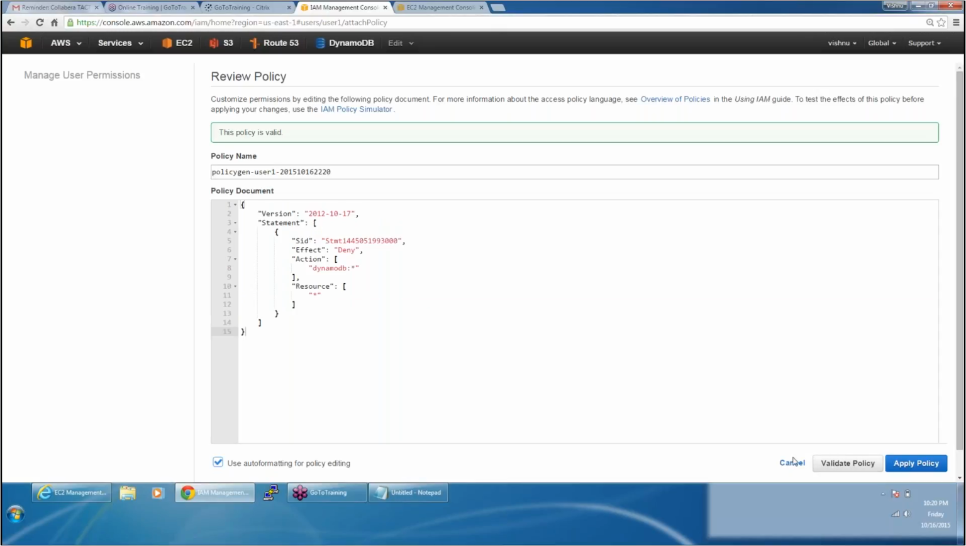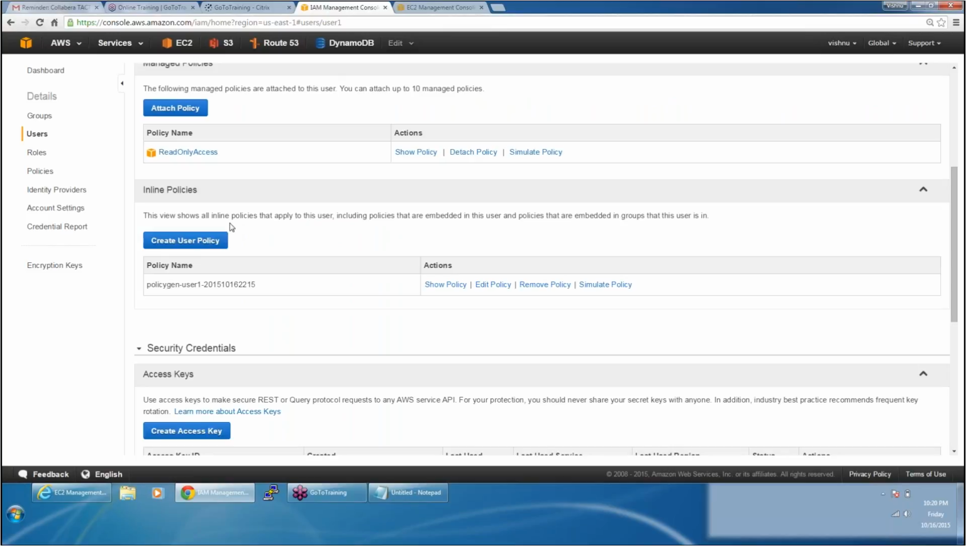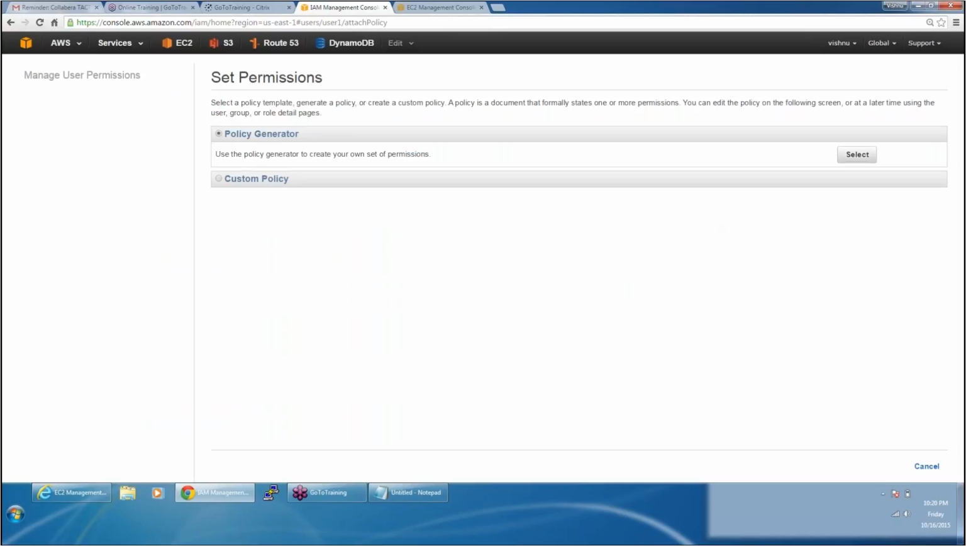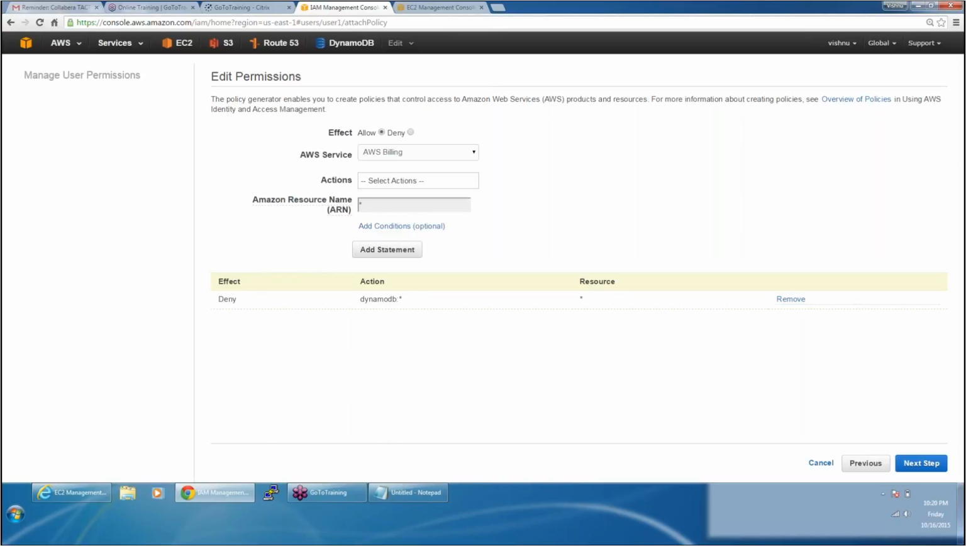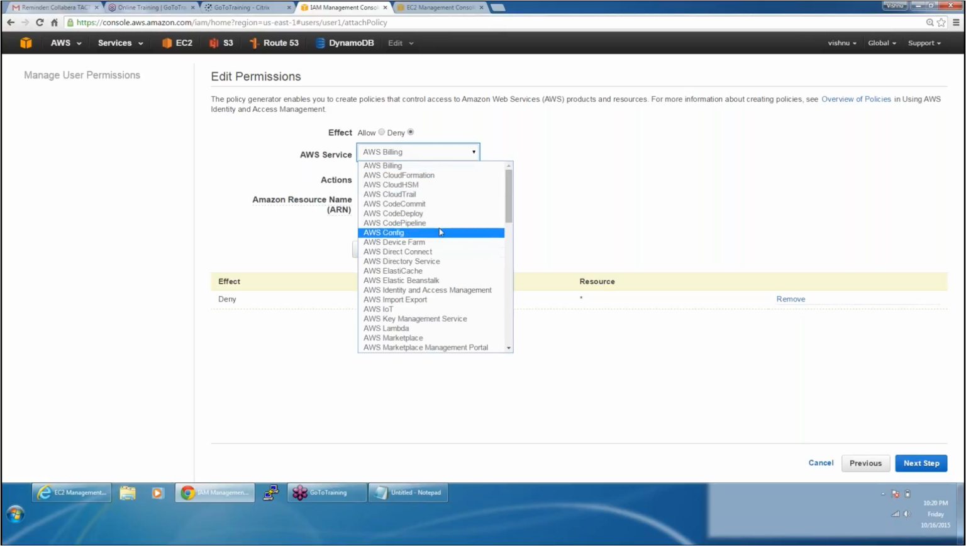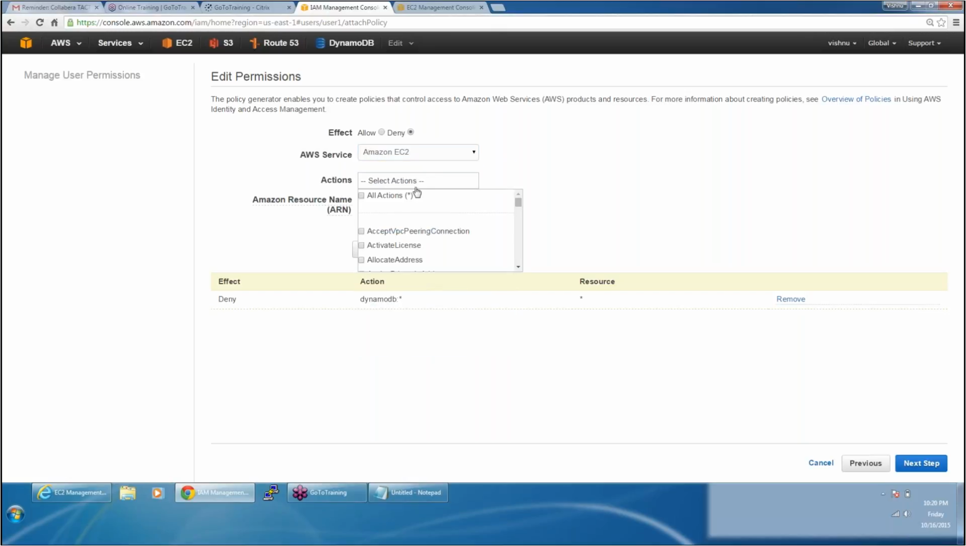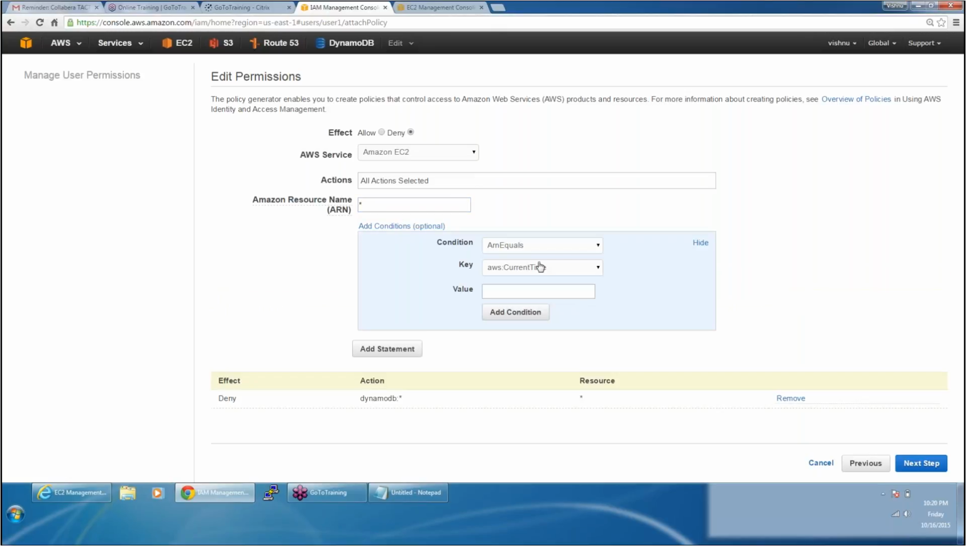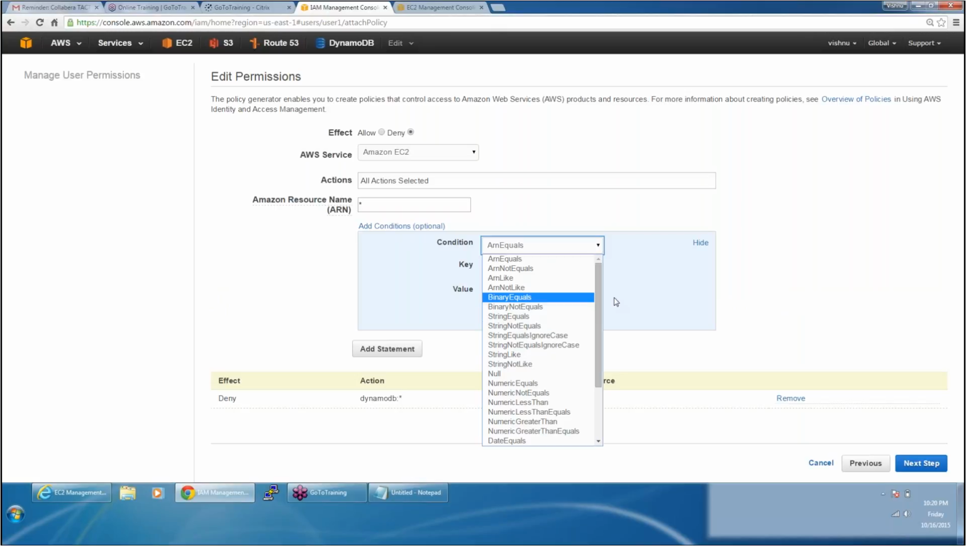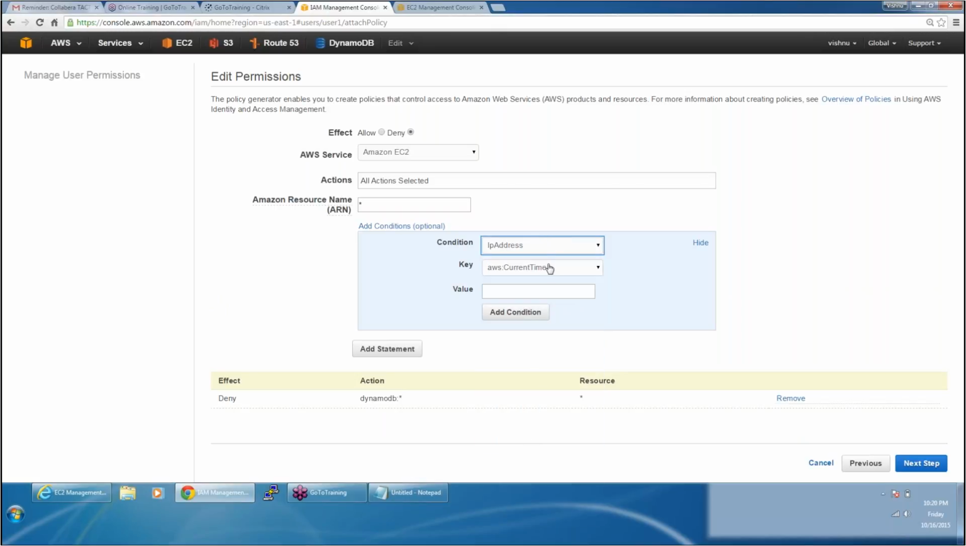No, I do not think I have added the condition. So let's quickly do it again. So policy generator, select deny. What do you want to deny? Say for example, I don't want to give this user EC2 all actions on all AWS resources, right? I want to add a condition on the source IP, whenever this user is coming from